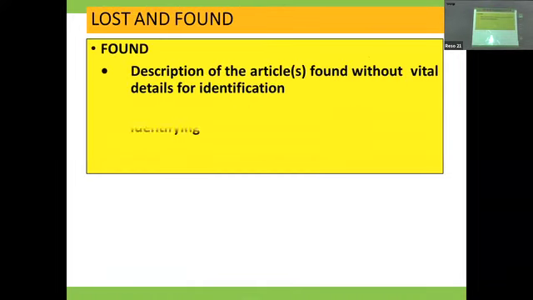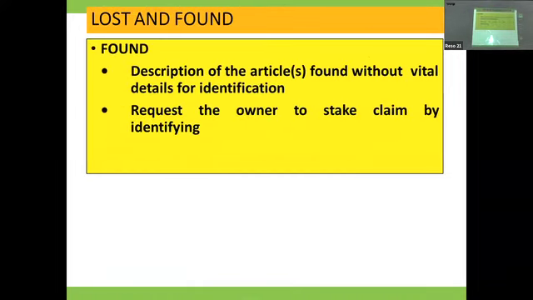Now, if you have found a thing, the description of the article found, again a brief description. Don't give the entire details कि बैग के अंदर, suppose बैग खुली है या खोल दिया आपने फाइंडर ने, don't try to put up each and everything. How will you identify the owner? It is not that it is given on the first come first basis. Pehle aao, pehle pao. It's not that.